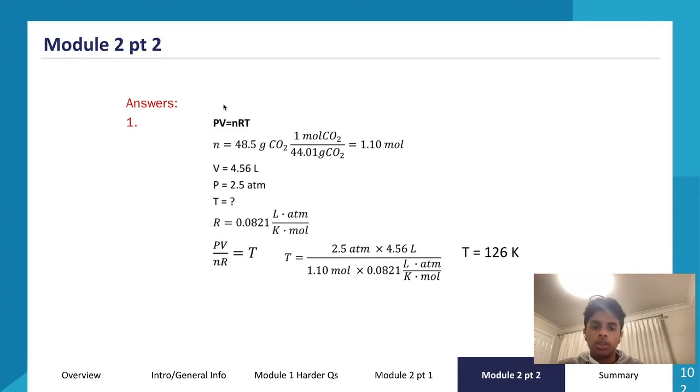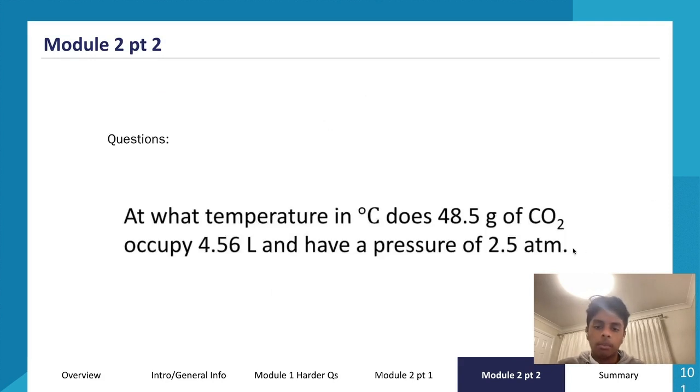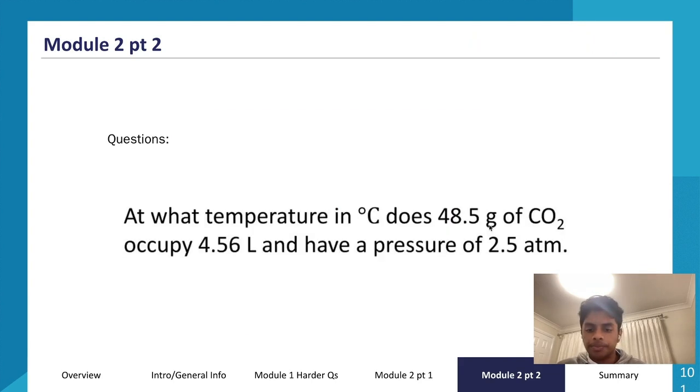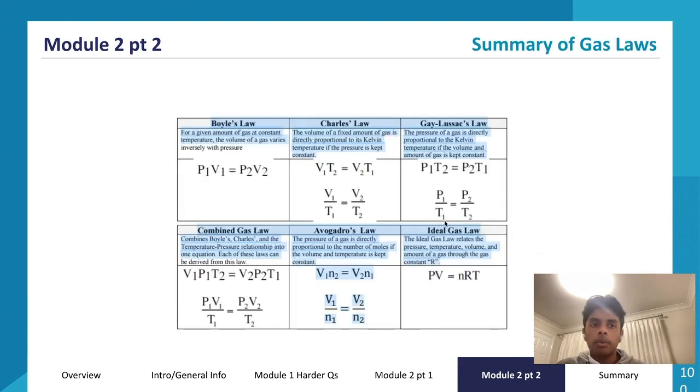All right, also a disclaimer, sometimes they might not give you moles, etc. If they don't give you moles and stuff, then they're asking you to use one of the other four laws: Boyle's, Charles', Guy-Lussac's, or the combined gas law. If they don't give you a variable, you need to be pretty confident with all of the gas laws in case they don't give you all the variables. So you can't use the ideal gas law in some cases. But in most cases, you should be able to use the ideal gas law. And another important thing is you should be able to define all of these. So with that said,